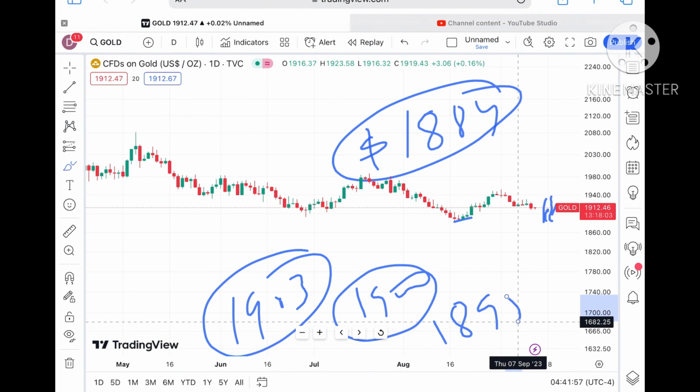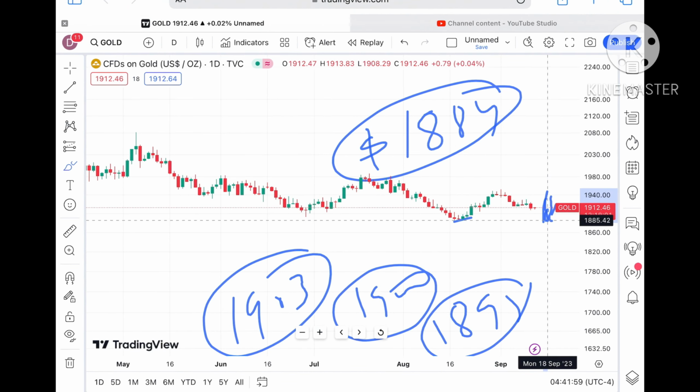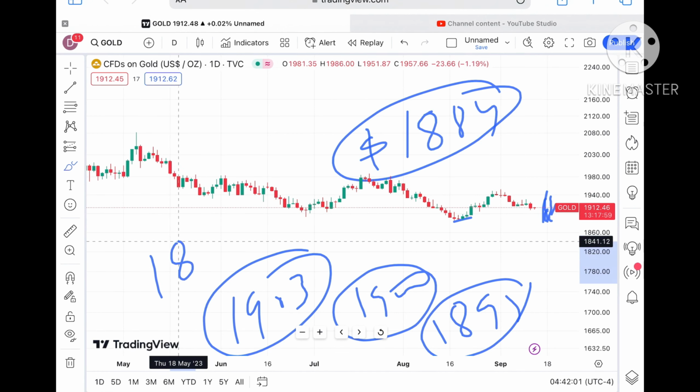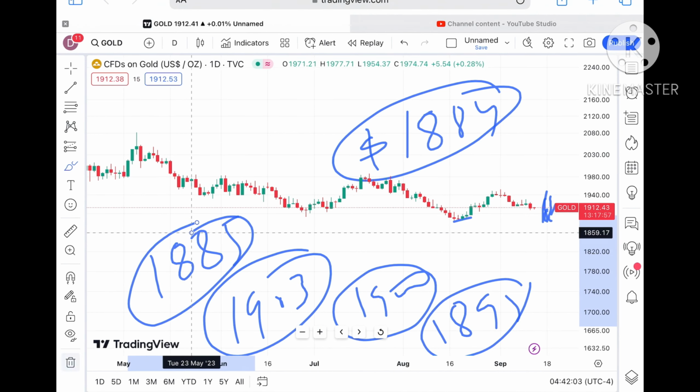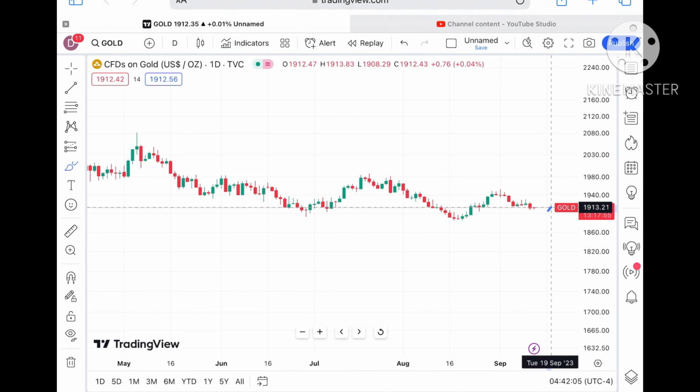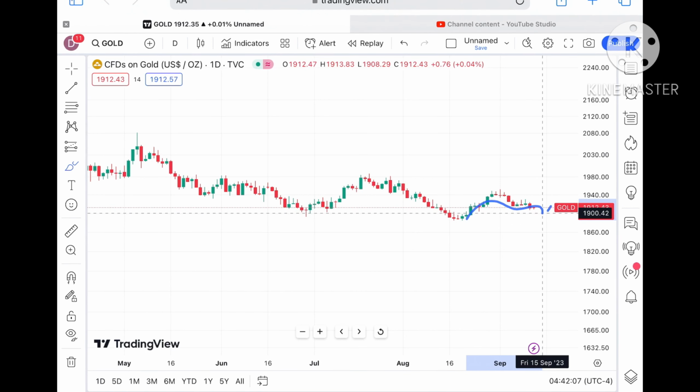and chances of touching a level of 1895 are there, and from there it will go towards a level of around $1885. Keep that in mind, because there will be a clear pattern forming, and chances are very high that if